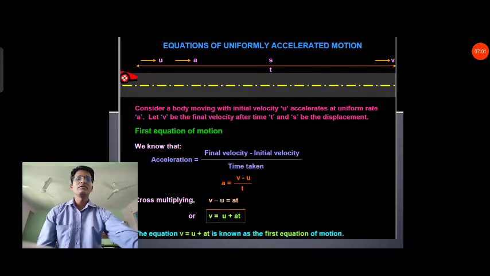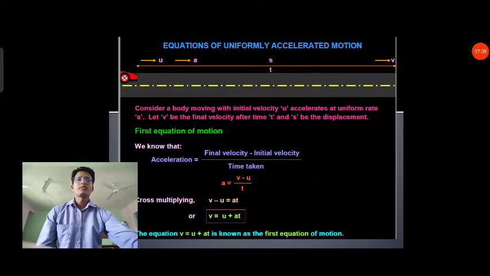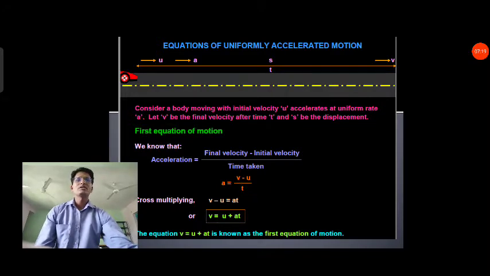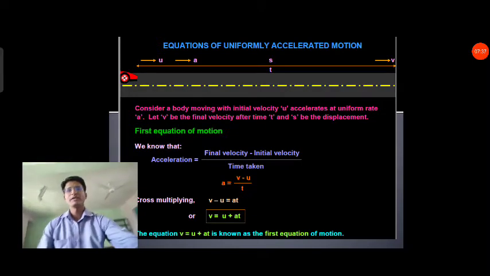If I say you write the first equation of motion, second equation of motion, and third equation of motion, from this I will ask 3 mark questions or 5 mark questions. So in exam I can give you a question like this: derive the first equation of motion, then the second equation of motion, and third, the third equation of motion. So here, if we see in the textbook, page number 40,